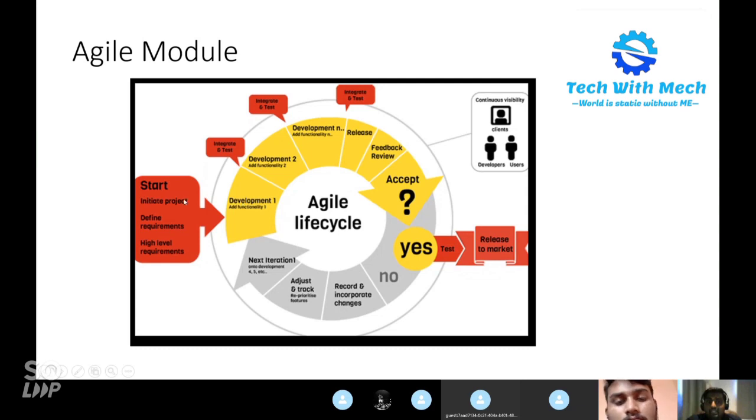After every development cycle, there will be continuous demo sessions for the clients. The clients will watch the first requirement, how it is developed and how it is going. If there are any changes in the first development cycle, for example, the initial design mentioned two cameras in the back, but they see other mobile companies coming up with five or six, so they want to change the requirements. So in development two, there may be a requirement change.